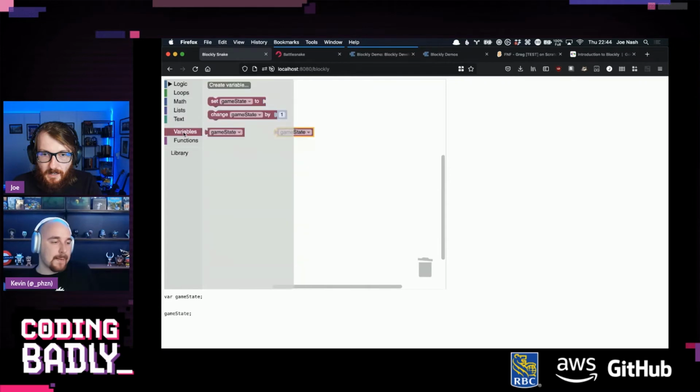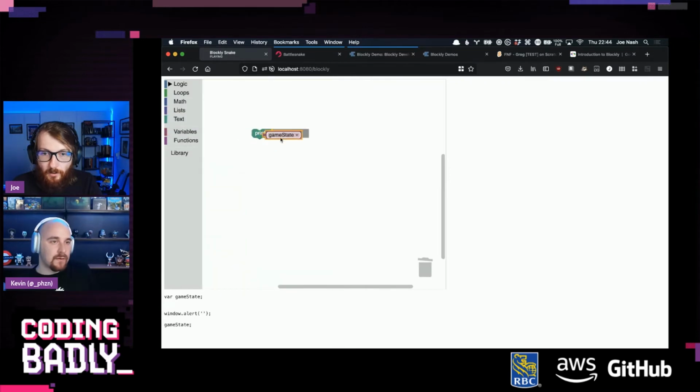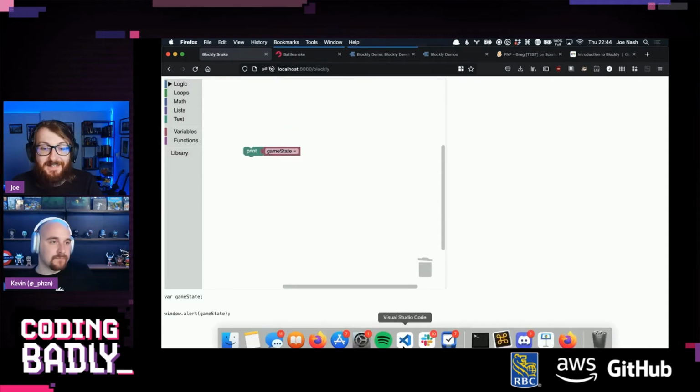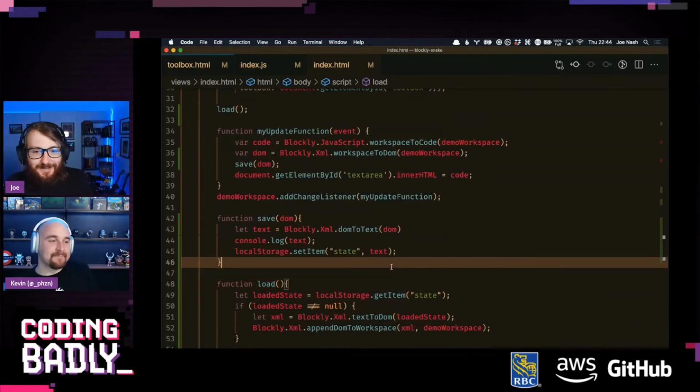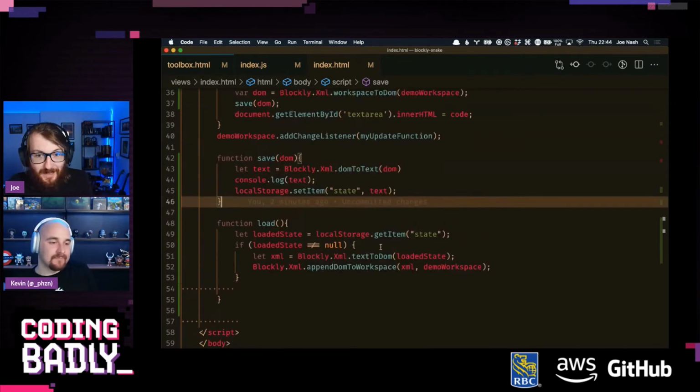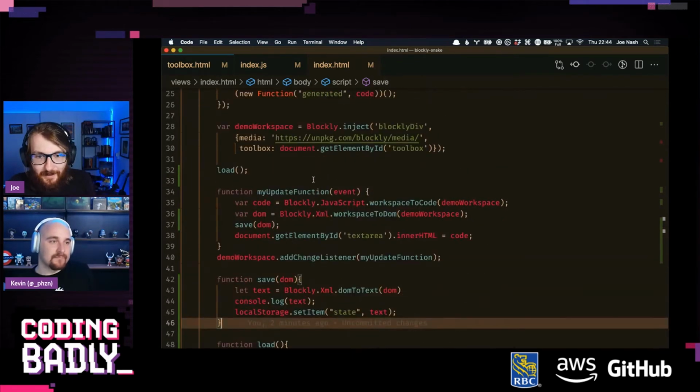In the documentation for running the Blockly code, it does recommend eval, and that did make me pause, because the conversation we had last time is never use eval, and in general that's what you're always told, and they do recommend you use eval, and maybe this is why. So let's give it a go.